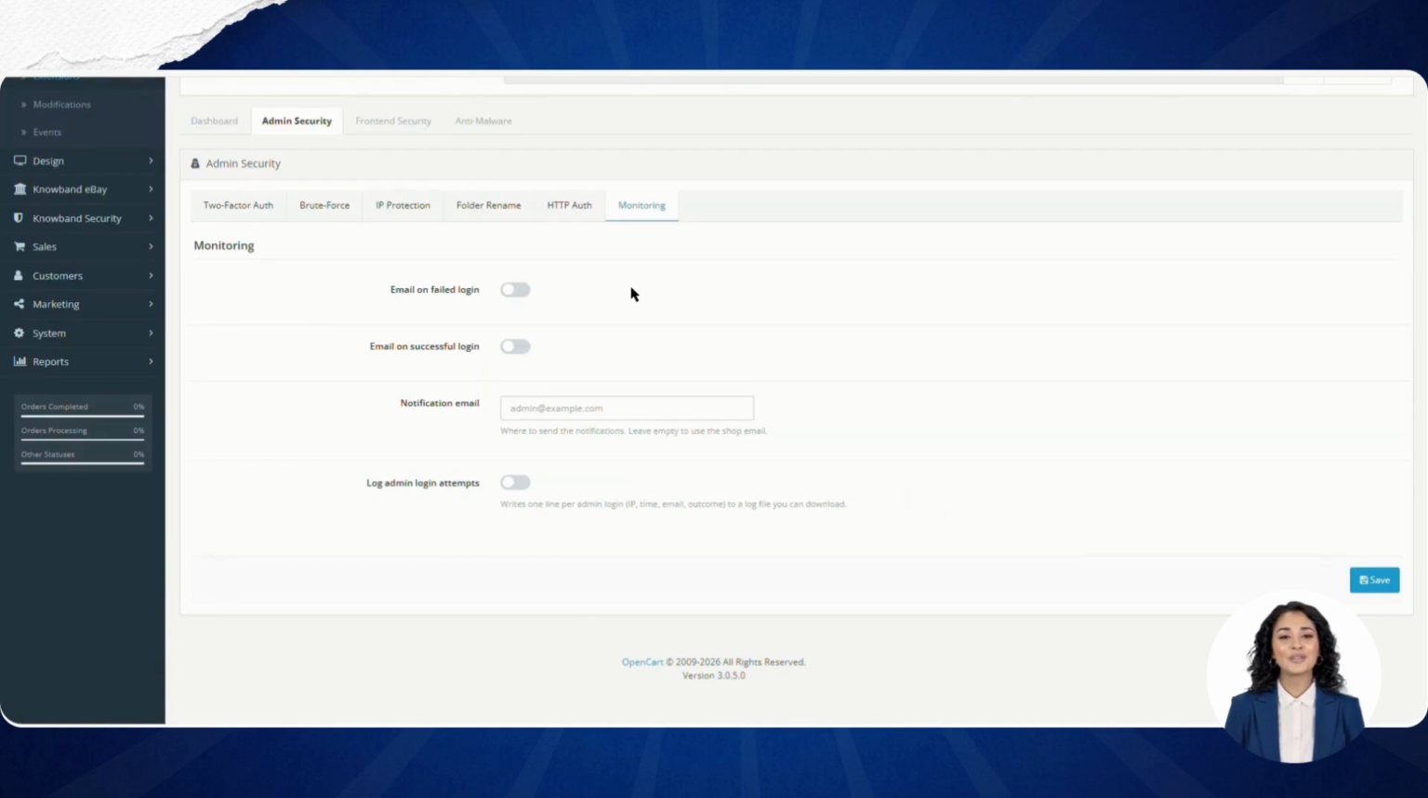Okay, next up is monitoring. This module can record all successful and failed login attempts along with the login time and IP address. You can also enable email notification whenever someone successfully logs in or fails to log in. Email on failed login: the email will be sent when a login fails. Email on successful login: when enabling this, an email will be sent to you on successful login. You will enter the email address here, on which you receive the email when the login fails or succeeds,